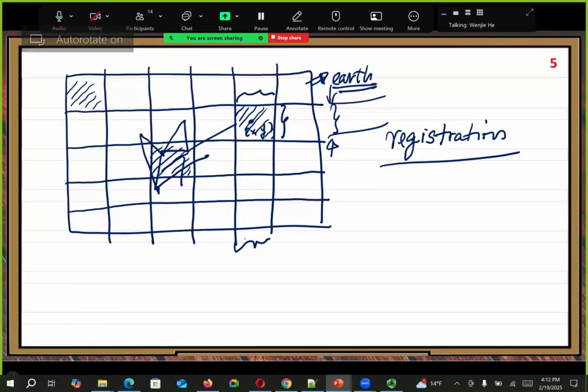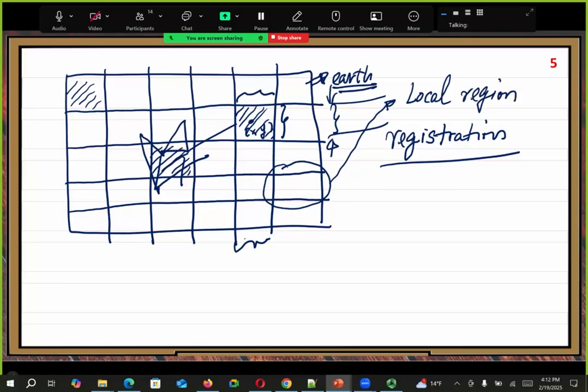There is an important step here. I call it the registration, or local region registration. So what kind of registration? Each square, each block, is a local region, one small local region. What kind of derived data do we need to generate? We need to generate some kind of derived data. The specific derived data we want to generate is, for each local region,